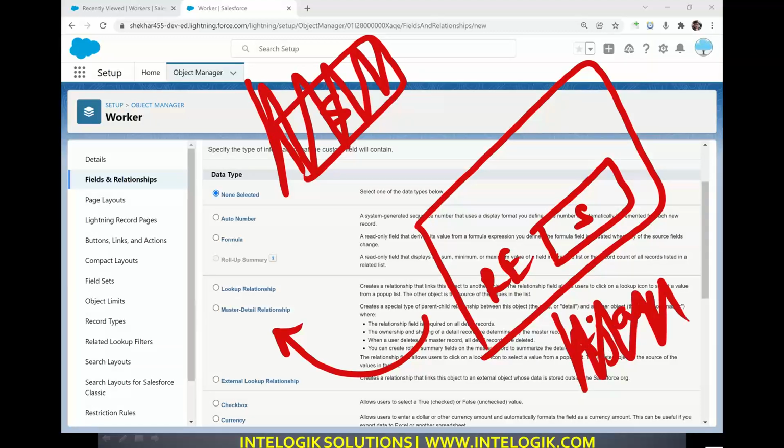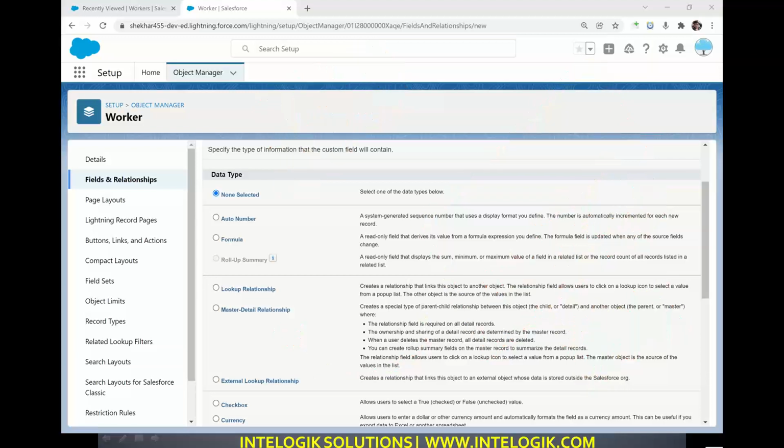So tell me, is it practical that when one employee is removed from the company, a second employee is also removed? Do you want such things to happen? Absolutely not. There should be a soft, loose connection. That's why we don't use master detail relationship. Here we use lookup relationship. Excellent answer, correct answer. Lookup relationship we use for self relationship.